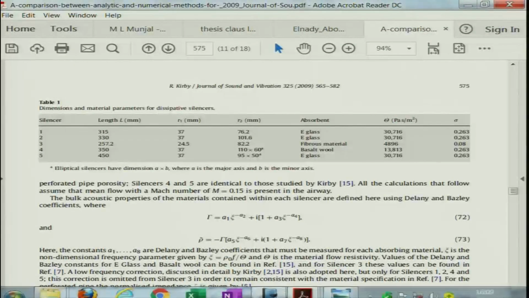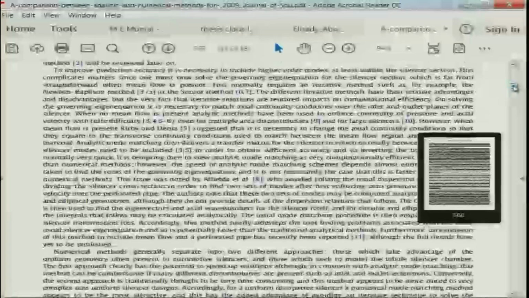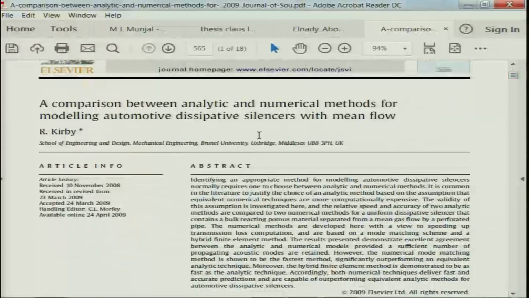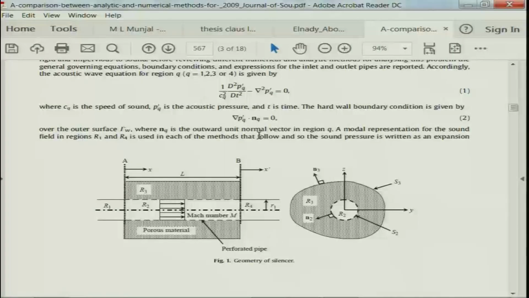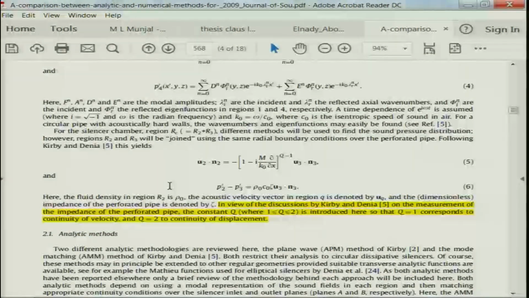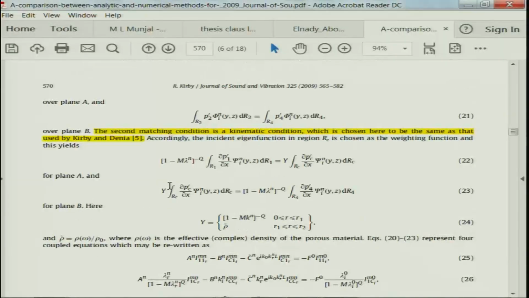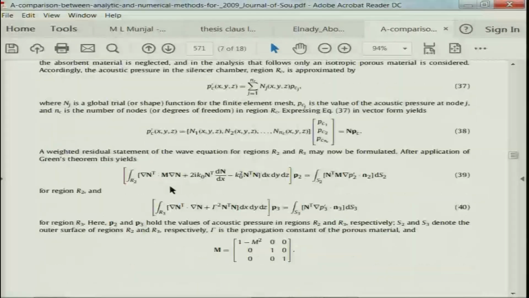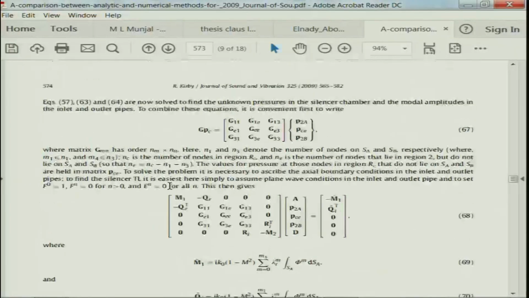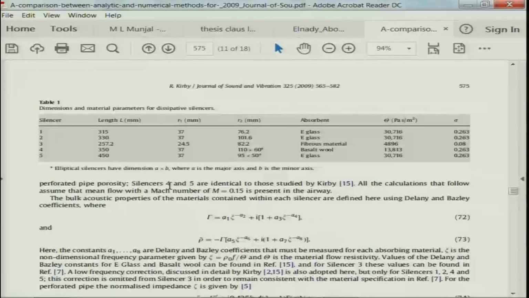One such expression is in a paper by Kirby published in JSV a long time back, where he considered this kind of muffler configuration, a straight through muffler filled with dissipative material in the annular cavity, and again it is the same problem. One needs to find out the perforate impedance with backing on one side with the absorbent material. This paper is devoted to something else, a finite element development paper for analyzing such configurations.